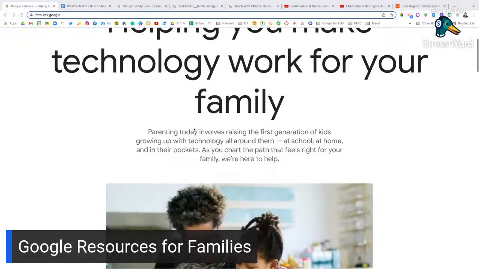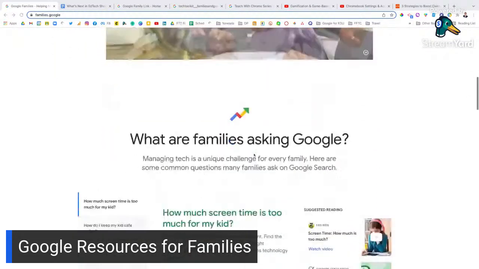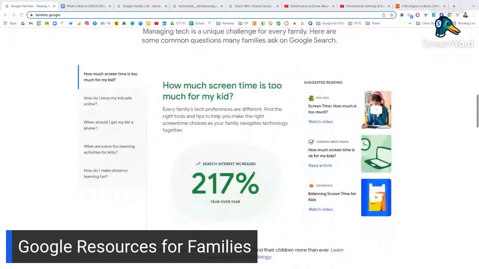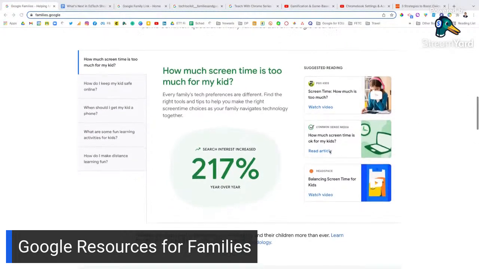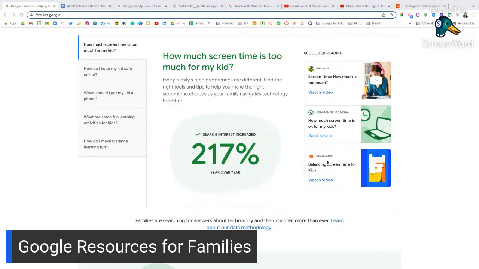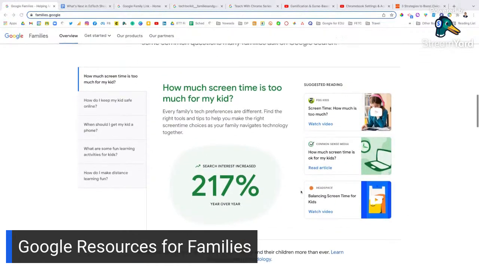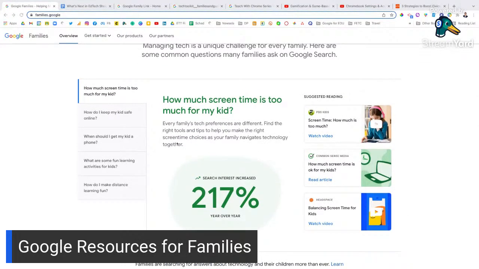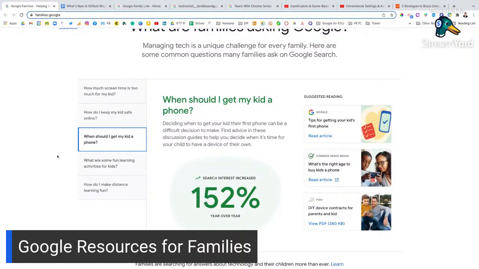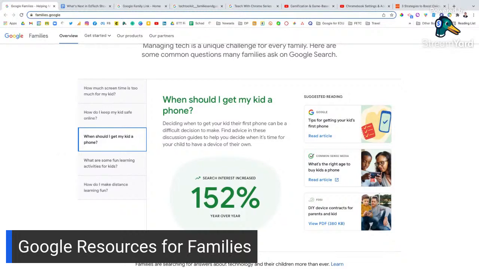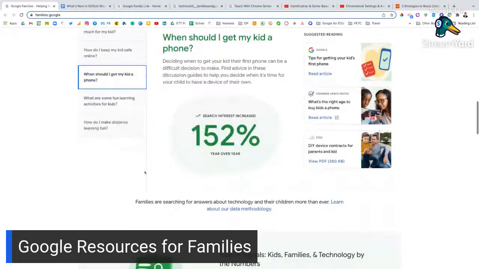If you scroll down here, a few different things that I think are really helpful is they have resources from other partners. For instance, they have some resources from PBS Kids on screen time, from Common Sense Media. Headspace is another great app for things like meditation with tech tools. So if you want to forward this to your parents, or if you are a parent, you want to check it out. One of them that I'm certainly interested in is when should I get my kid a phone? I have a third and a fifth grader, and it is shocking to me how many of their friends already have cell phones. So just some ideas and guides if you wanted to take a look at that.